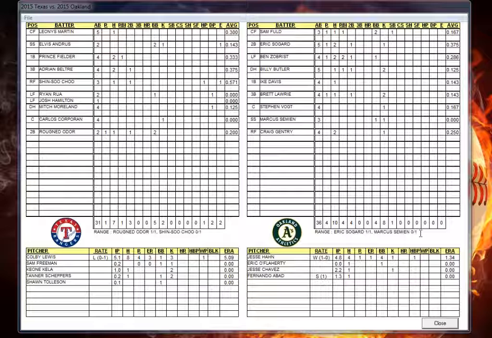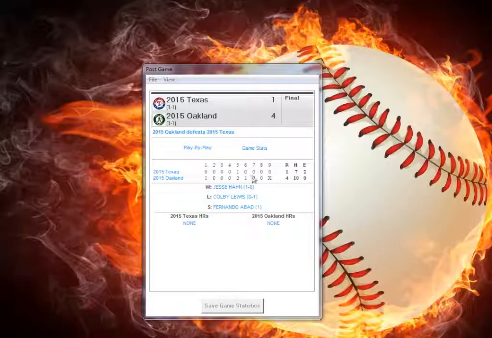But actually, it was 3 runs and 8 hits, and an error for Texas. 1 run on 5 hits and 1 run. Let's see how that compares. So it was 1 run on 7 hits and 2 errors by Texas in real life. In our game, it was 3, 8, and 1.